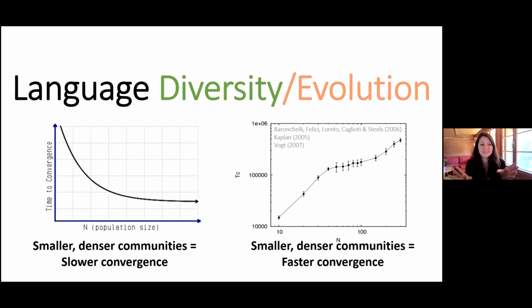And this also makes sense, right? Because computational models show that the time to converge increases with population size. So given the same time, if you need to converge with 100 people, that's going to be harder than to converge with 5 people. So it makes a lot of sense that convergence is proportional to community size. That's what these models show, but it's really not what we see in the real world.